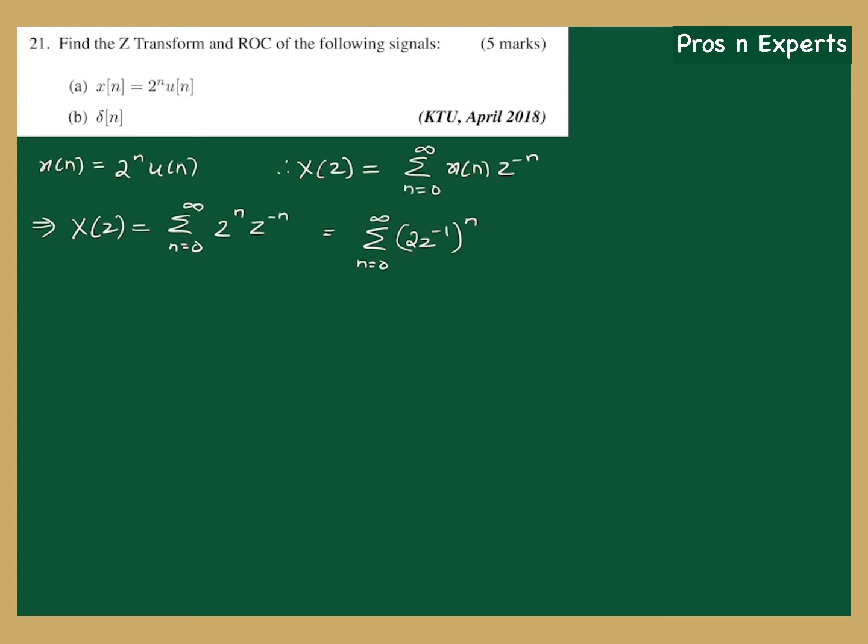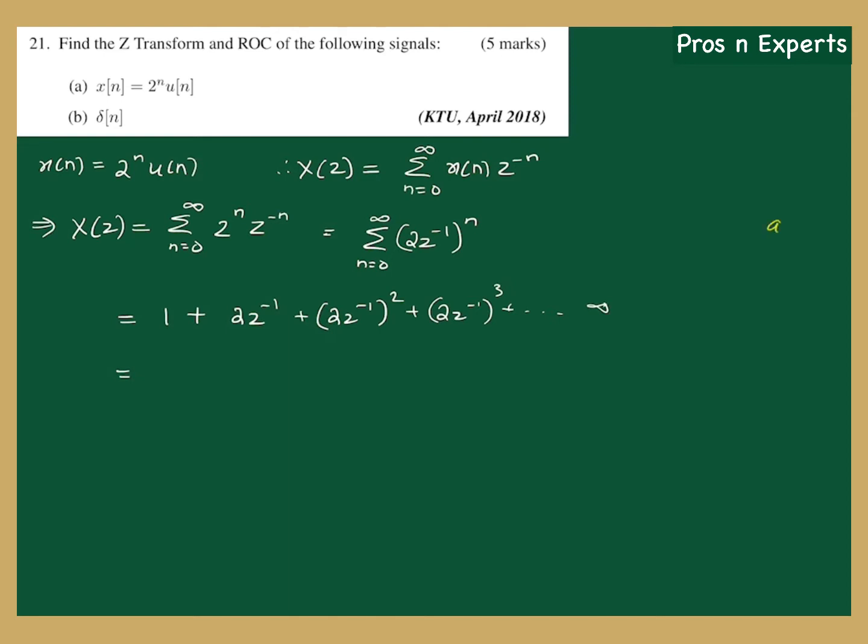And that will give you, if you put n equal to 0, 2z inverse raised to 0, that will be 1. Plus for n equal to 1, it becomes 2z inverse. For n equal to 2, it becomes 2z inverse to the power 2, plus 2z inverse to the power 3, plus etc., and goes to infinity. So this, as you know, is an infinite GP,